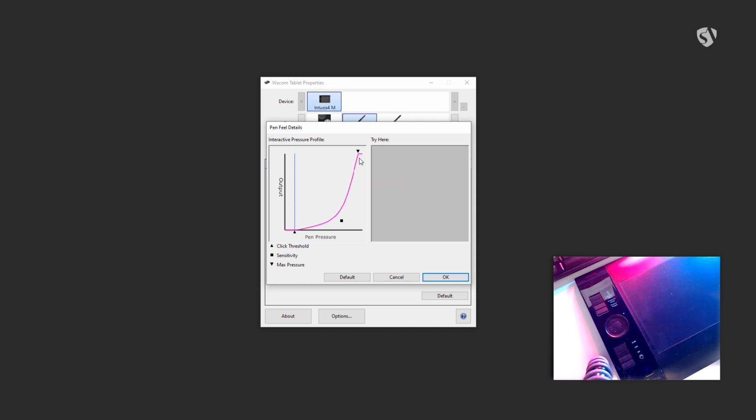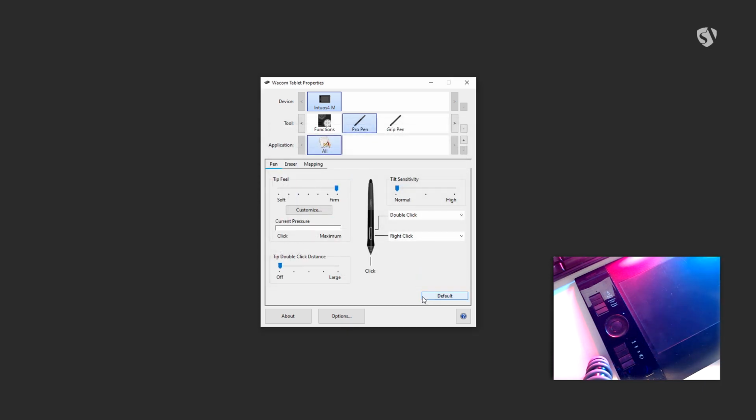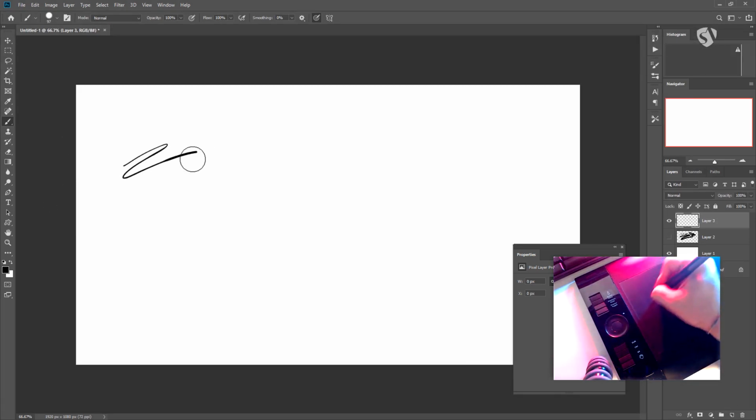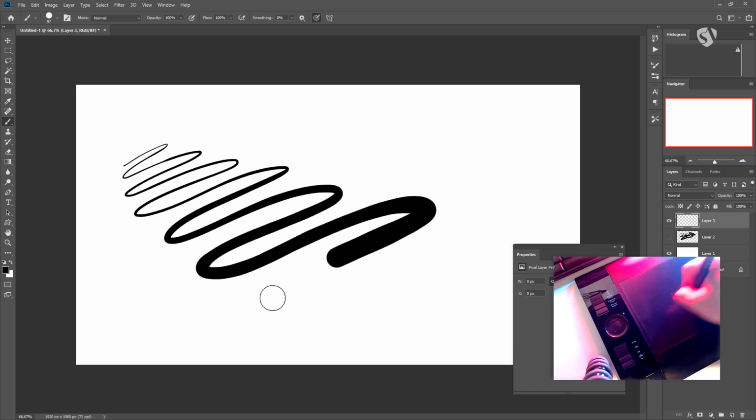And if you feel like you are pressing too much to get the big thick line, you can just go a little bit lower with this, and you get the max thickness pressing a little bit less. So you press OK now, and then you can close this because there's no save button, and then you can go back in Photoshop and you can try now, and you see I'm able to do a lot